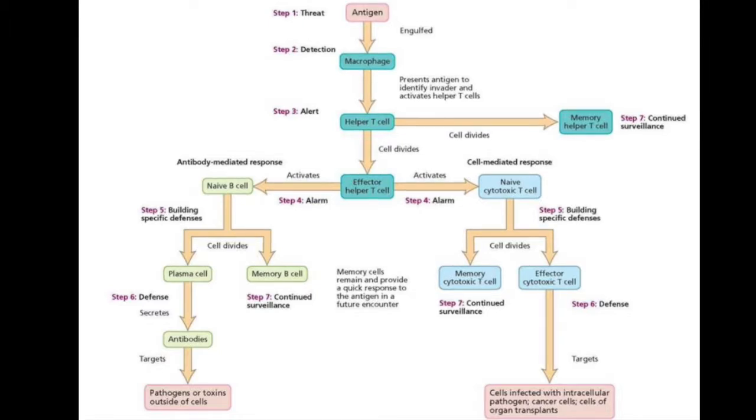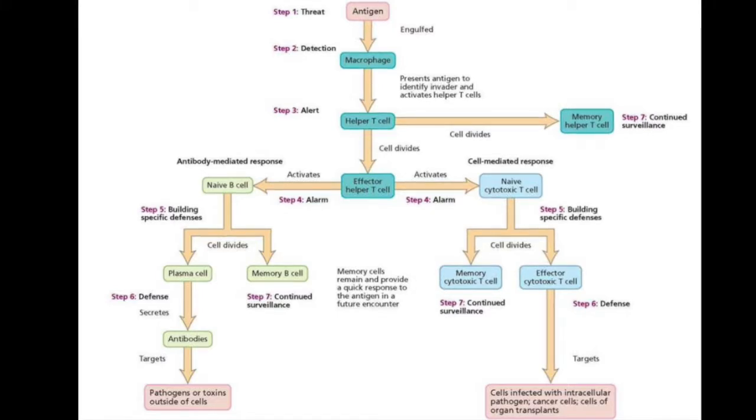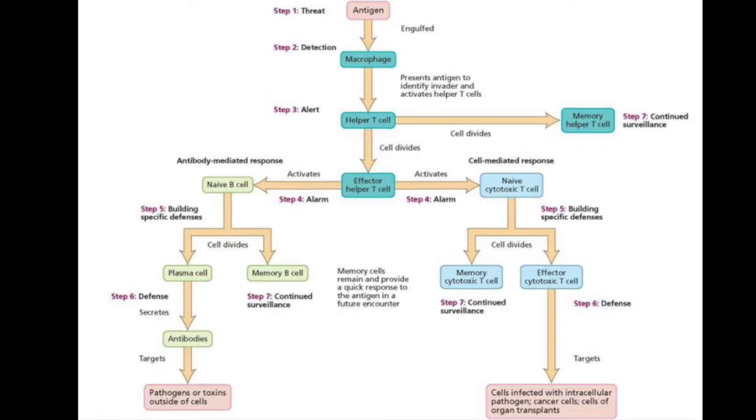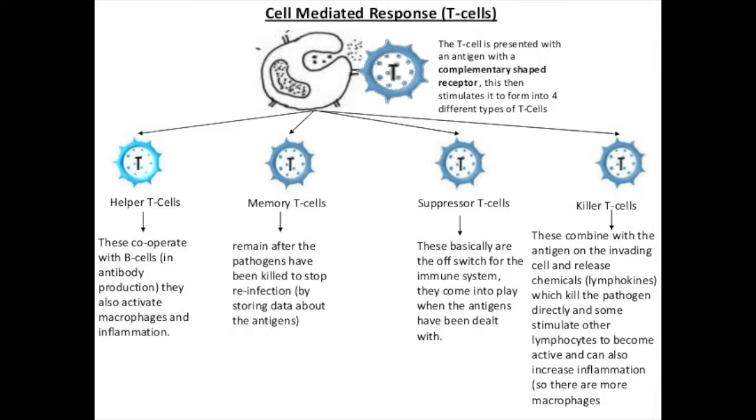So the humoral defense, also known as antibody-mediated defense, is when our B cells are activated and start dividing to form the plasma cells. And the cell-mediated defense is when T cells are dividing to form cytotoxic T cells that are going to attack cells with that specific antigen. Once we get through that period of time in which the defenses are being built, we can actually go ahead and attack the